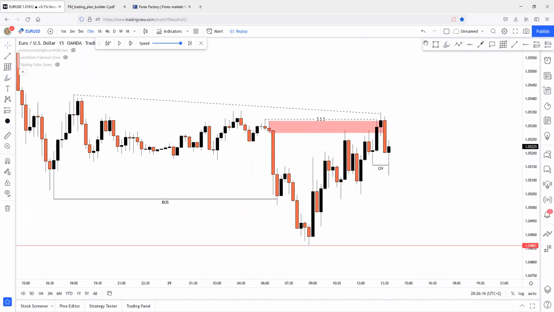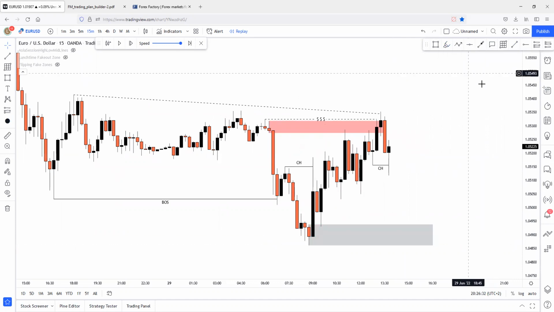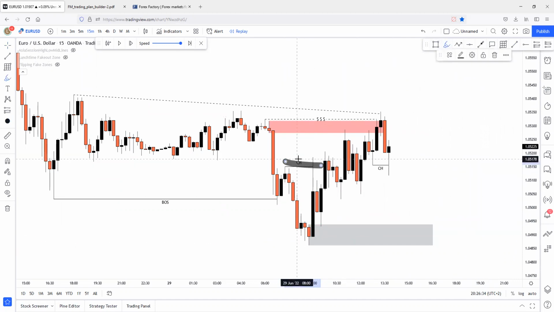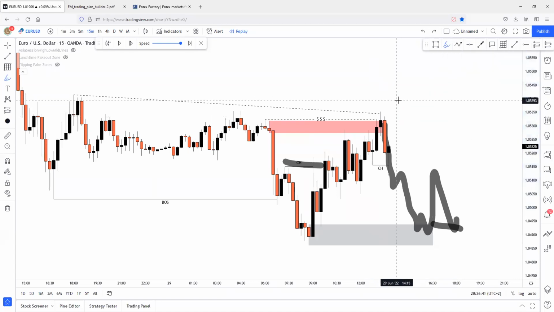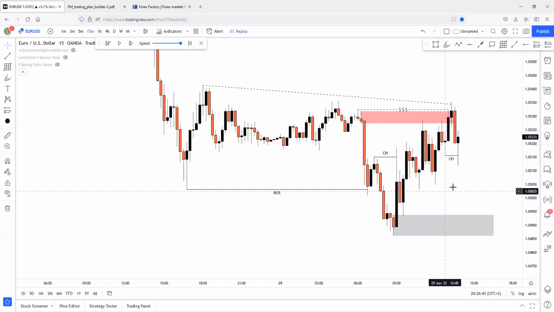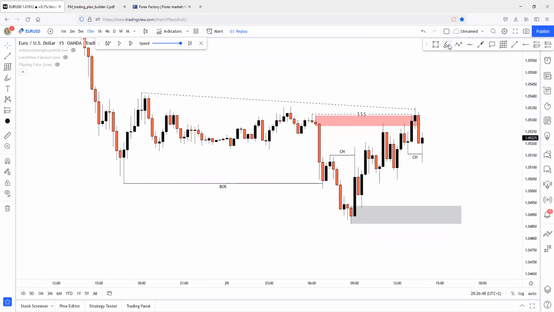But let me just take a look at this region. I will just mark this demand out, which has caused a change of character here to the upside. Here's the character changing movement that has been caused by this demand zone. And just don't forget that this demand has actually changed character to the upside. So if price, for example, reacts on this demand zone, we'll have a chance to see long opportunities to the upside. But don't rush. Let me just mark all of the possible scenarios on the 15-minute chart that could happen to us. So, possible scenarios.